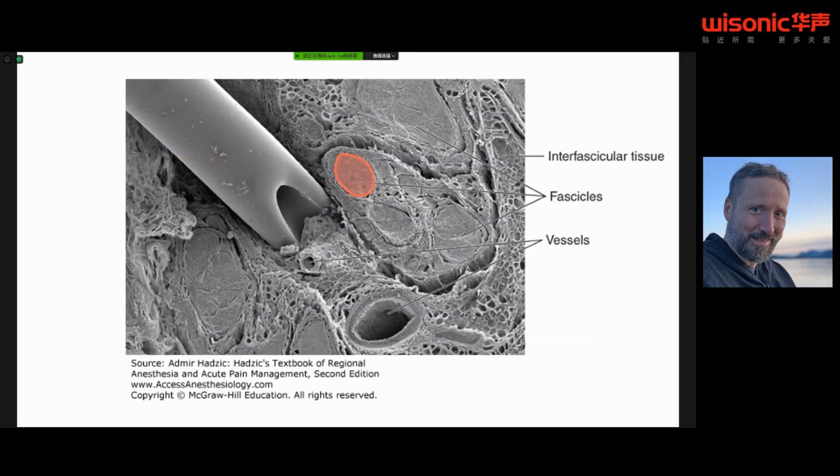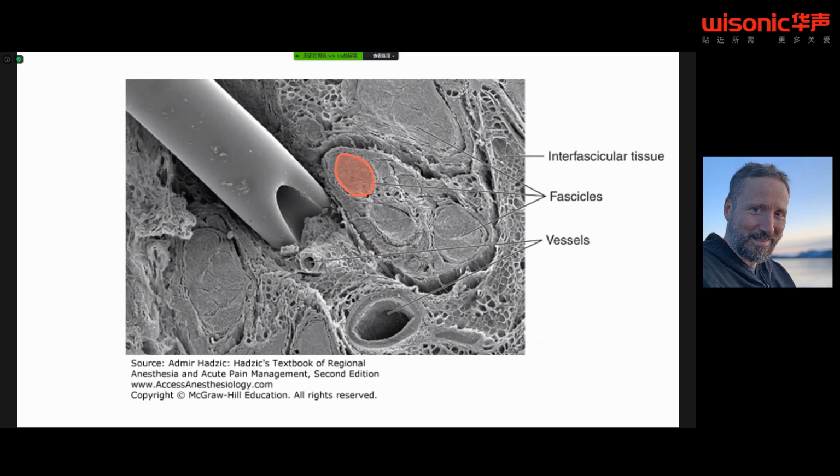If you're not convinced by my schematical figure to illustrate the relation in size between the block needle and the peripheral nerve fascicle, you might want to have a look at this wonderful electron microscopical image from the textbook of Admir Hadzic. And you can see that the fascicle, marked with a red circle, is much too small to place a block needle inside. Those who advocate pressure monitoring